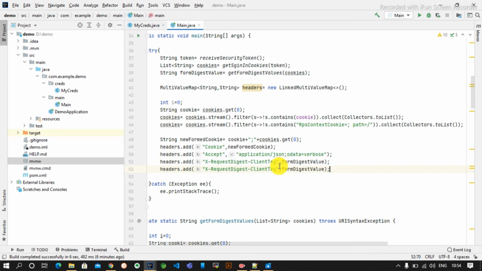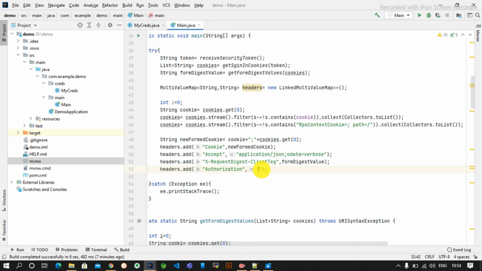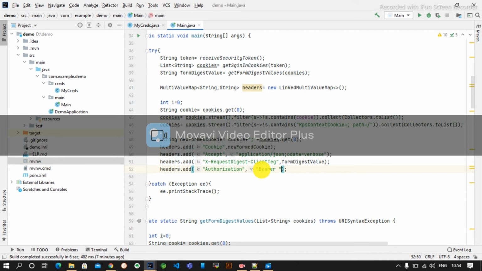Dot add authorization, which will be like our bearer, capital B, bearer space, plus form digest value.